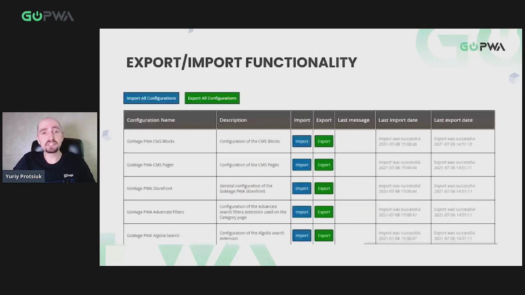It's basically a 5-step approach. You create and modify the pages, settings for different extensions that are available in your PWA, and so on. Once you're happy with the result, you can export the settings, either for those pieces of functionality that have been modified. For example, if we were working on CMS pages, you would want to export only the CMS page configuration, or for everything. It all depends on what you want to achieve. So once you click on this export button, you'll get a JSON file exported with all the settings, all the information based on what you have configured.